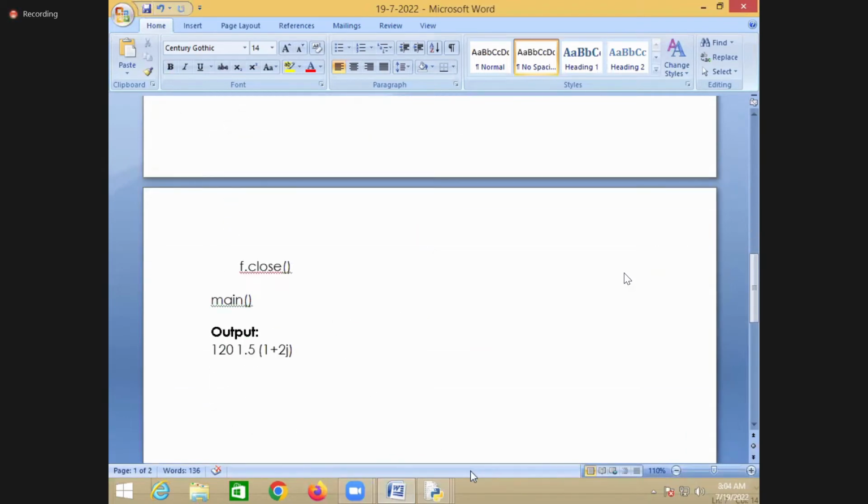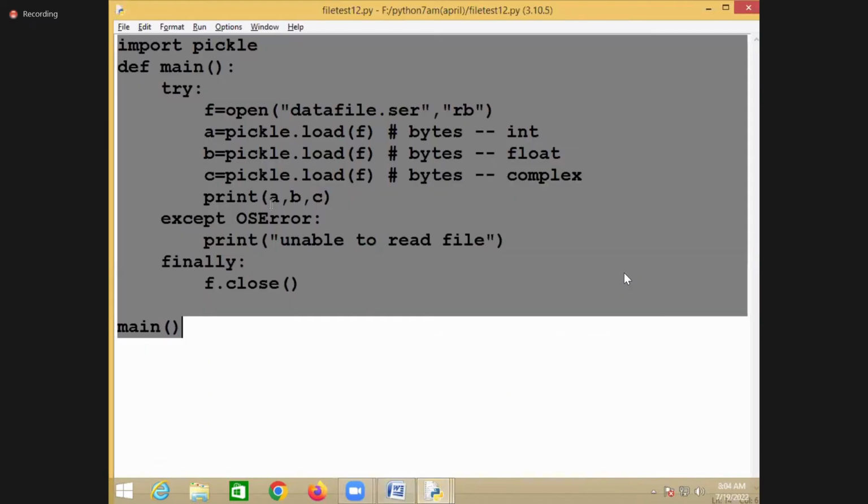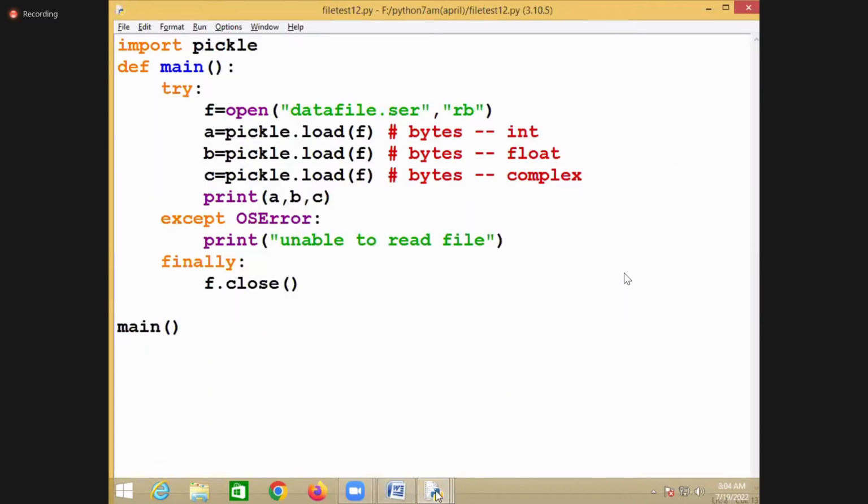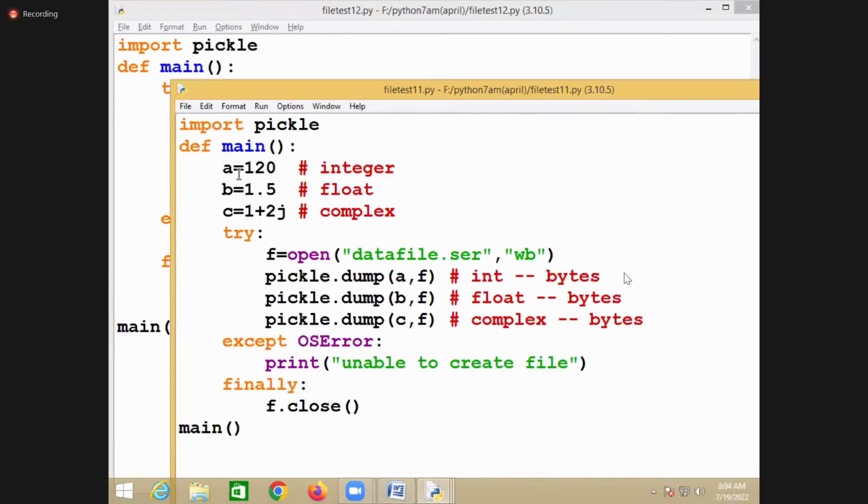But this is writing predefined types. Like we write predefined data types like integer, float, complex. You can even write list, set, dictionaries. You want to write a dictionary inside a file and read the dictionary from the file, right?